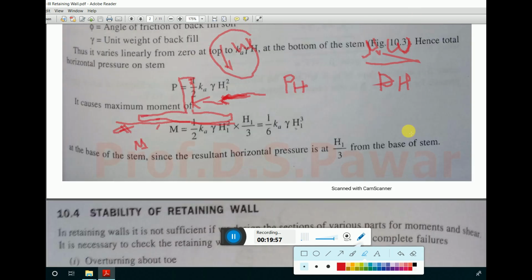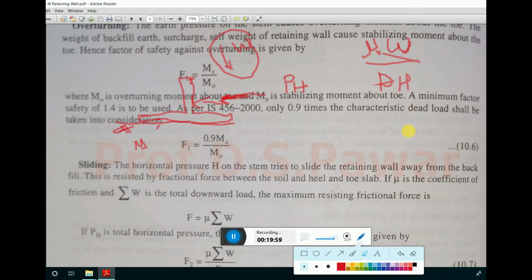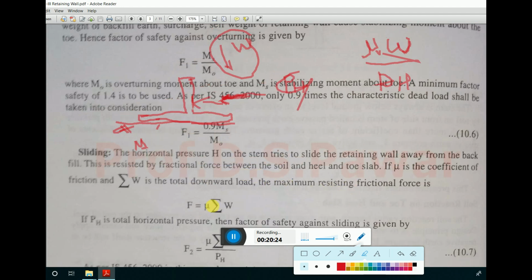So here they have said, regarding sliding, the horizontal pressure pH on the stem tries to slide the retaining wall away from the backfill. This is resisted by the frictional force between the soil and the heel and toe slab. If mu is the coefficient of friction and summation W is the total weight, the maximum resisting friction